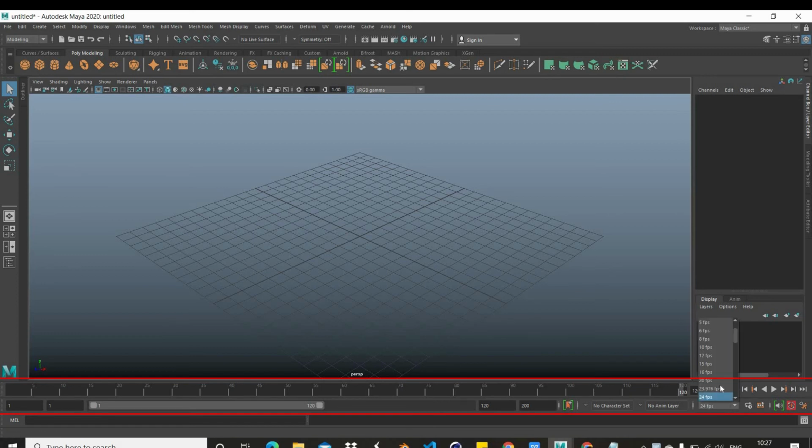Change the frame range, and I can change the range by clicking and dragging, or typing in numbers here. Actually, this is the absolute value, 1 to 200.